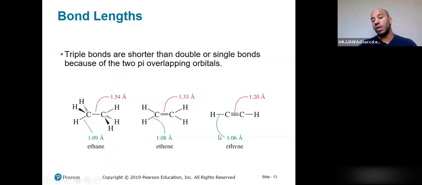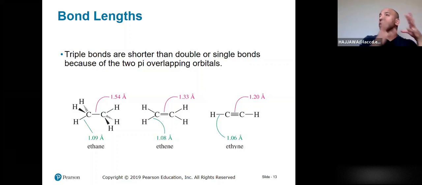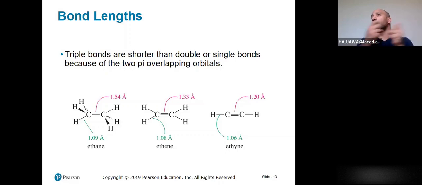So 1.06 versus 1.09. And the reason behind that is when you have more s character in the carbon, the shared electrons become closer to the nucleus of that carbon, and that will basically bring the hydrogen closer, but not that much. I mean, you could see here clearly that the difference is not much. But when you talk about triple bond versus double bond versus single bond, you could see clearly there is a difference between those bond lengths,